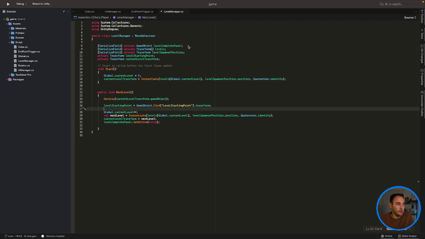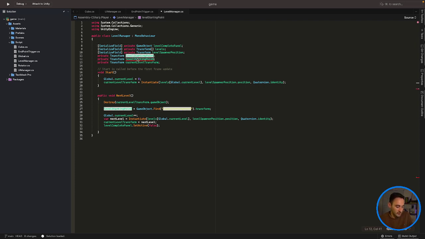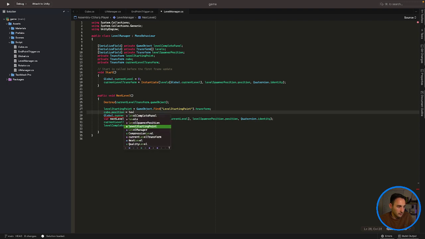So here we are going to want to also have a reference to our cube. So this we can go and say cube, and then we can say cube dot position is going to be equal to our level starting point, or let's do this,